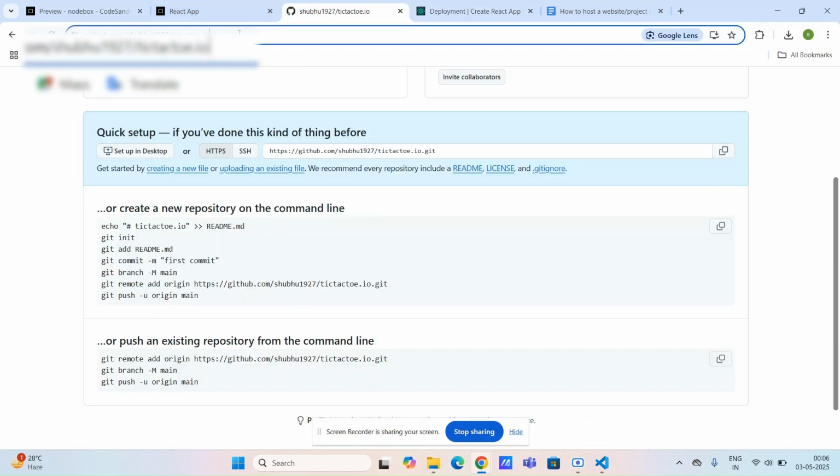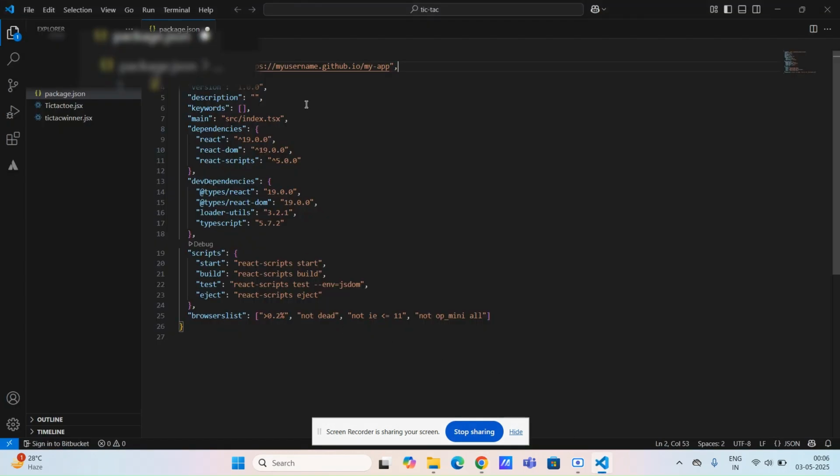Replace the repository link. Next, we need to